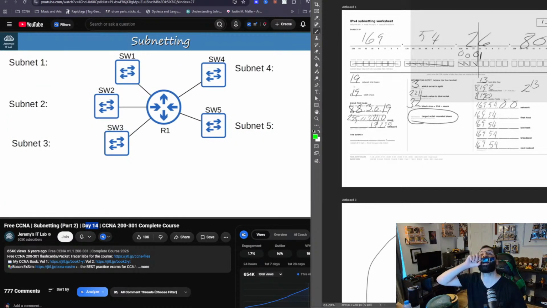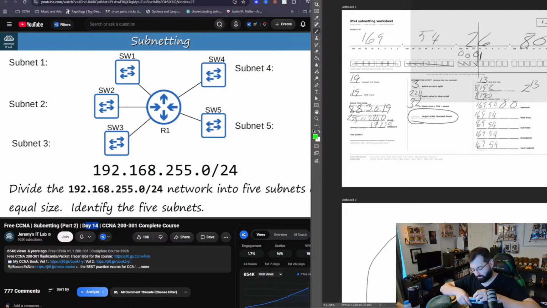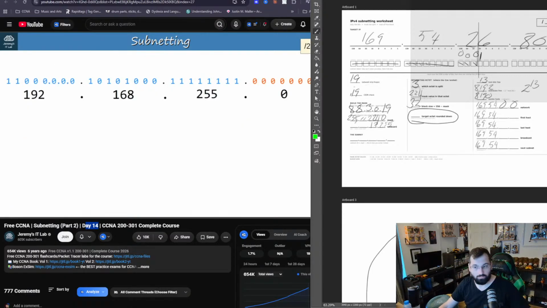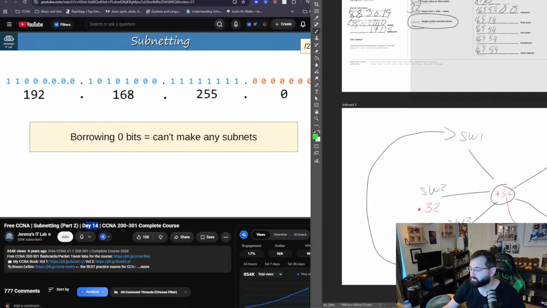Now let's try another similar exercise. We have been given the 192.168.255.0/24 network, and have been asked to divide the network into 5 subnets of equal size. In this case, the number of hosts in each subnet hasn't been specified. So let's make 5 subnets that are as large as they can be. So all we have to do to solve this problem is find how many bits we have to borrow from the host portion. Currently, we are borrowing 0 bits from the host portion. That means that we can't make any subnets. We just have one network,